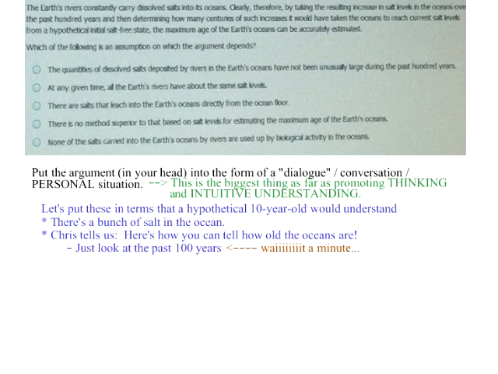But even when you just see those words, you should be like, but let's keep doing this, right? And then determining how many centuries of such increases it would have taken the ocean to reach current. So, in other words, they're saying this is like mx plus b, almost. They're saying, like, if you started from 0 salt, how long would it take you to get to the current level of salt? Okay. So, imagine you